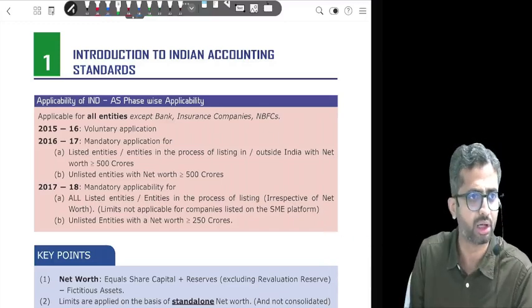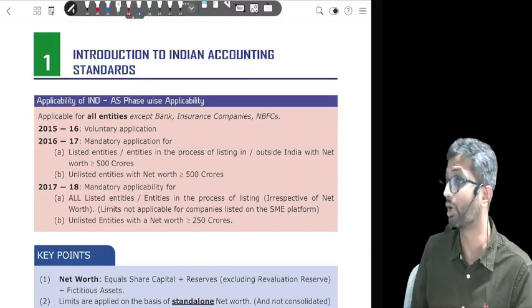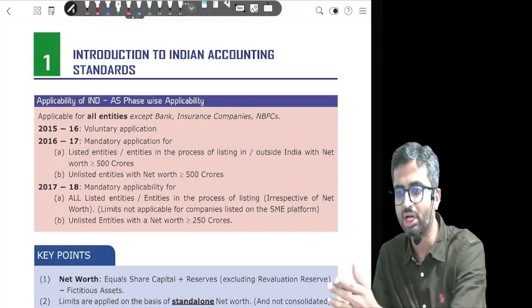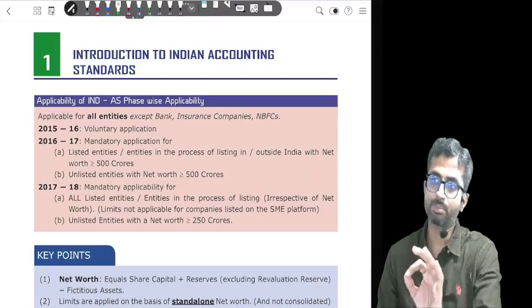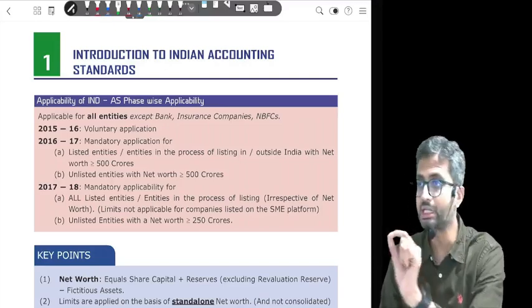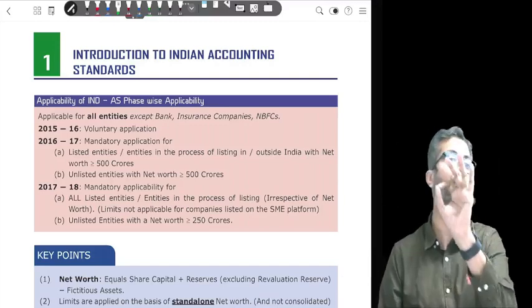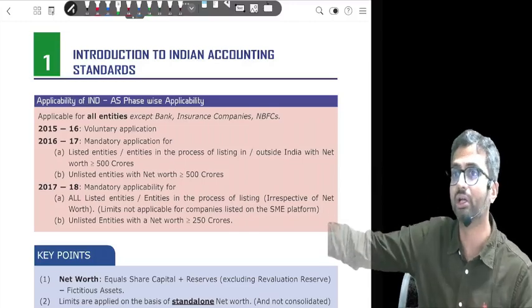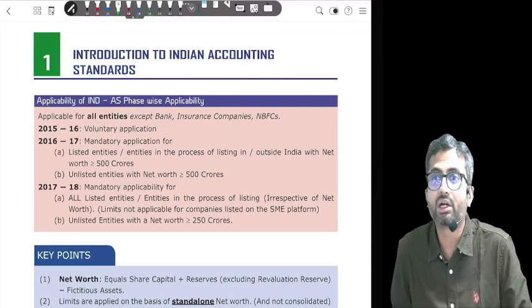Everything goes to the P&L. Sale of land goes to P&L, though you don't sell it in the day-to-day course. If you win a lottery, it goes to P&L. Then why do you take the difference to capital reserve? It is probably the only place where there's a profit on purchase. It's capital in nature, undoubtedly, but every profit that you see is usually a profit on sale, a realized profit on sale. Here, this is a profit on purchase. You are purchasing something and recognizing a profit.